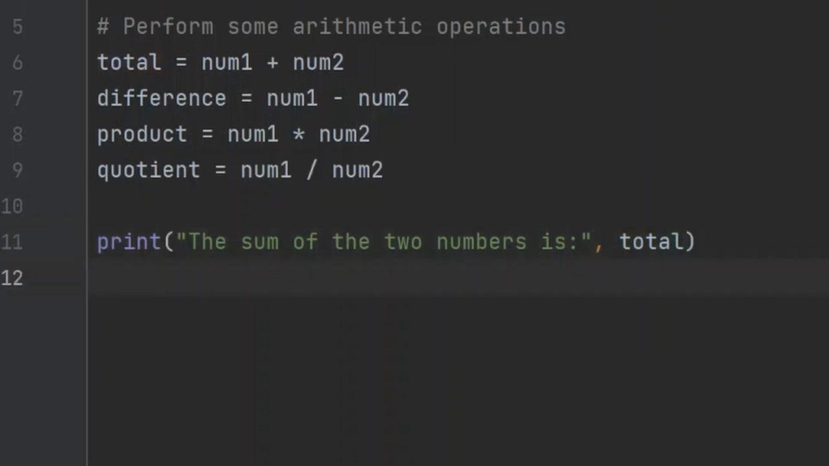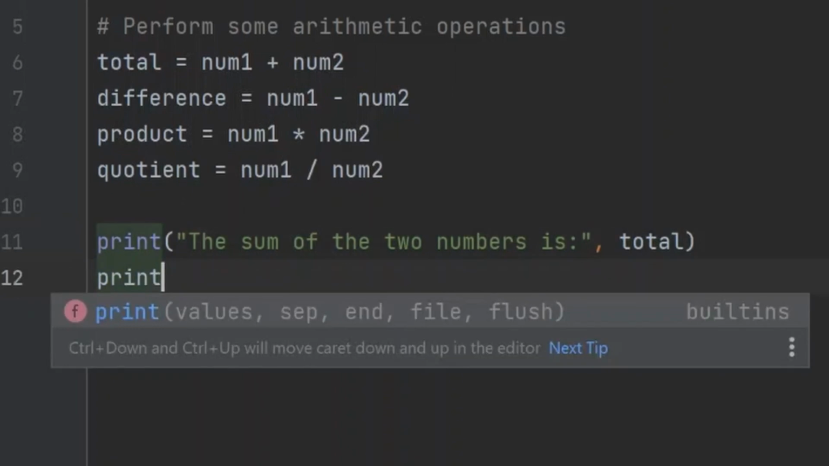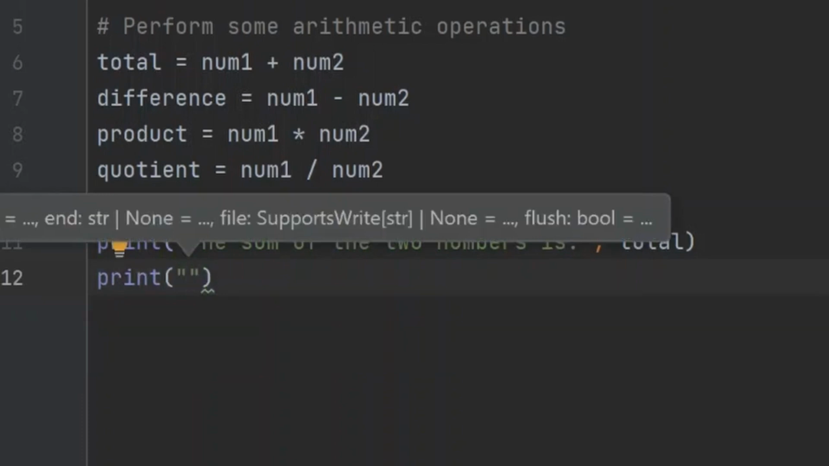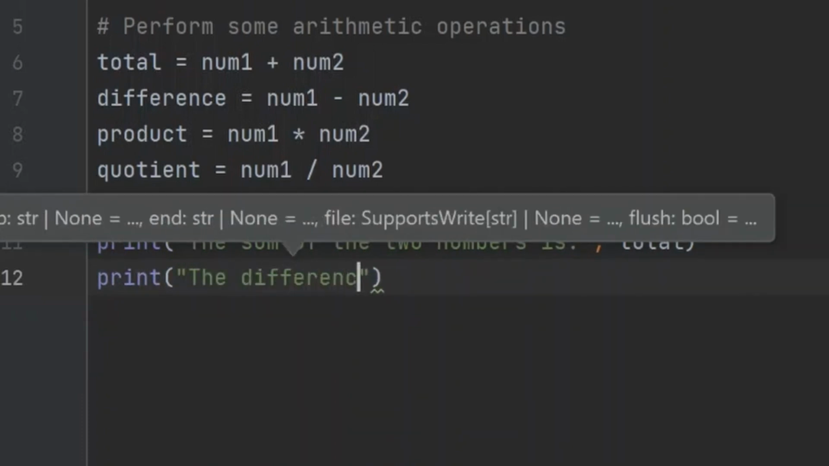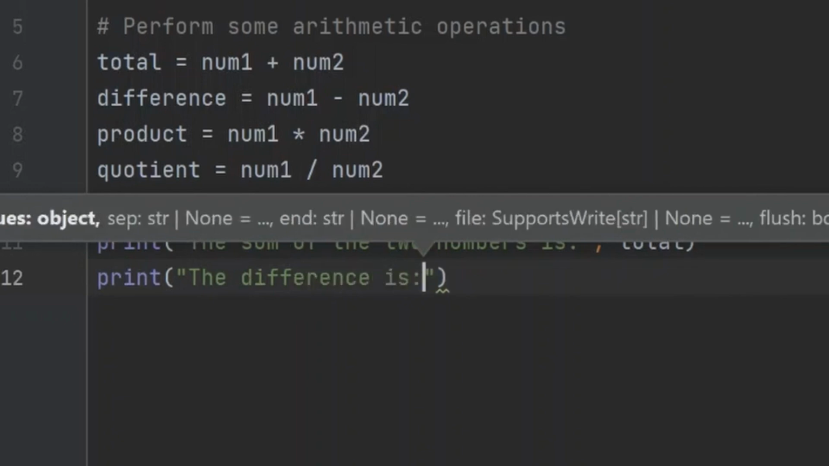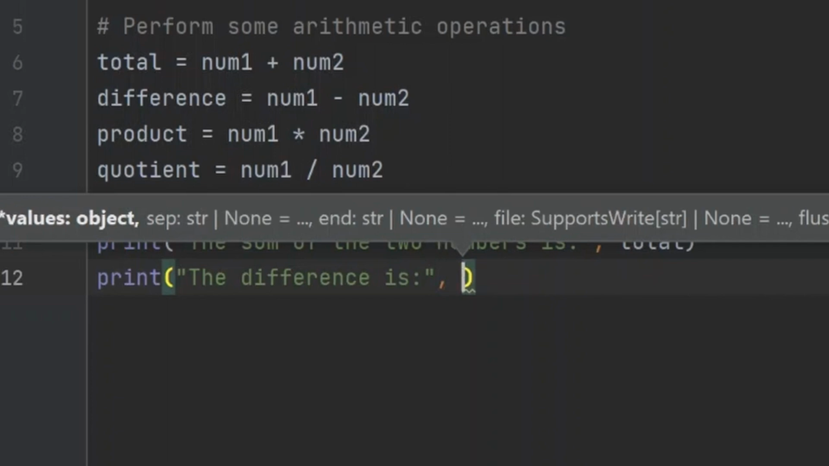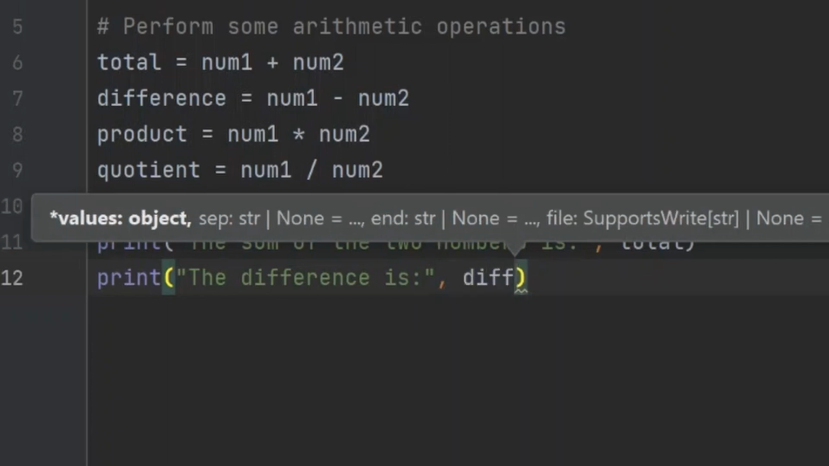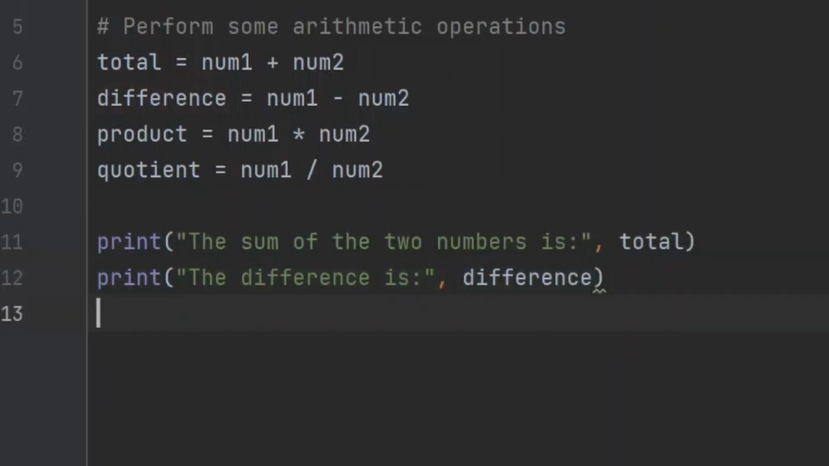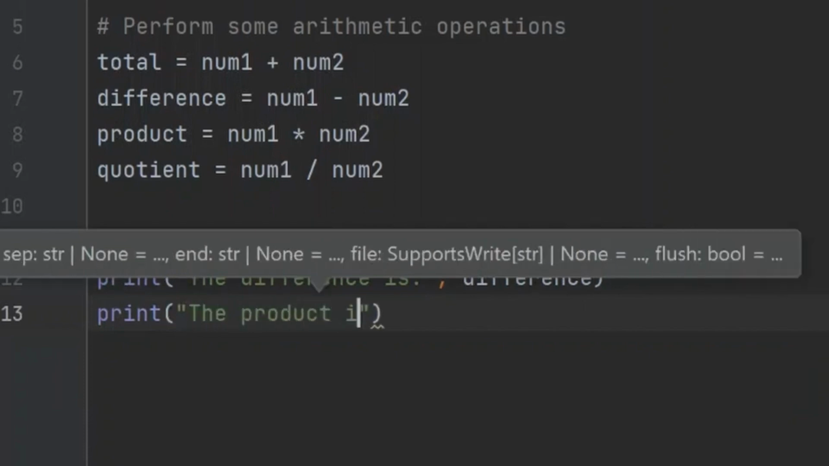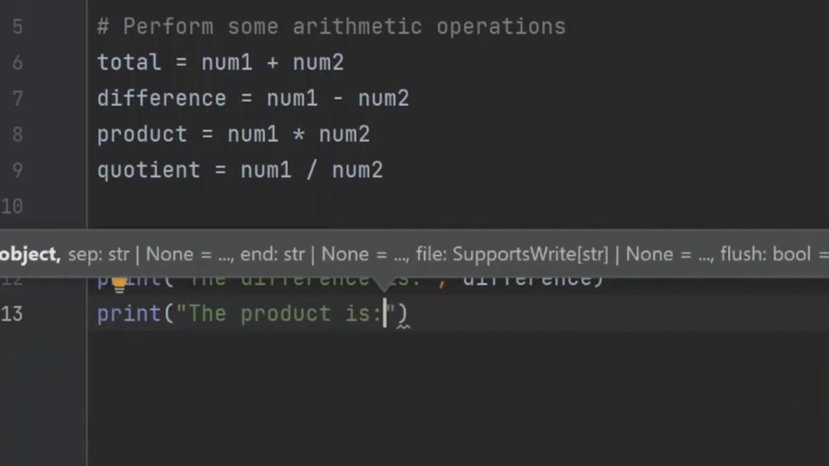For the next result, we can say print, open parenthesis, double quotes, the difference is colon, out of the quotes, comma, space, difference, enter. For the third result, we type print, open parenthesis, double quotes, the product is colon, out of the